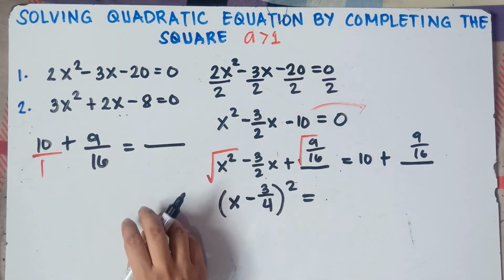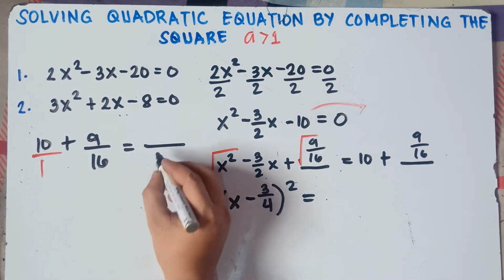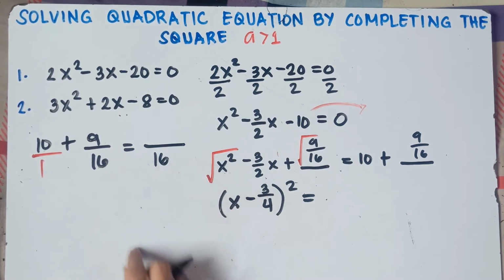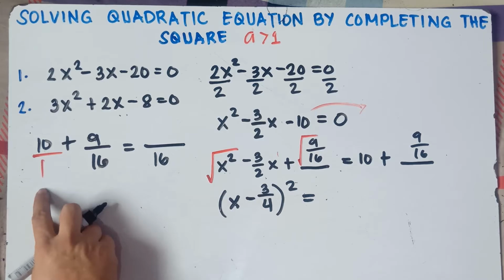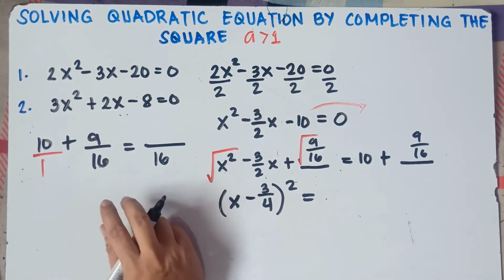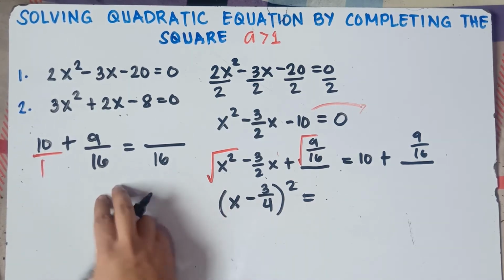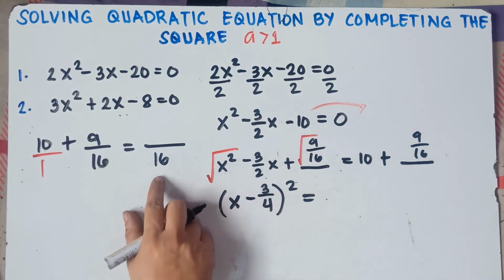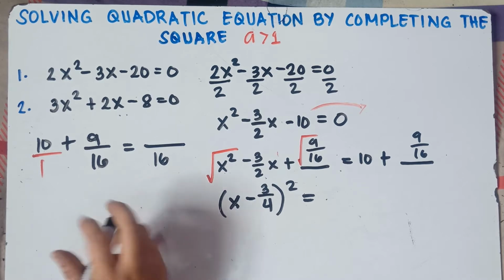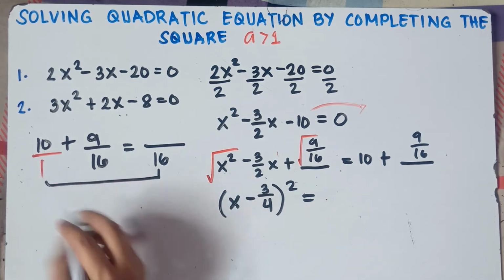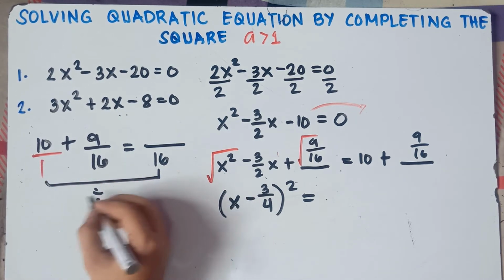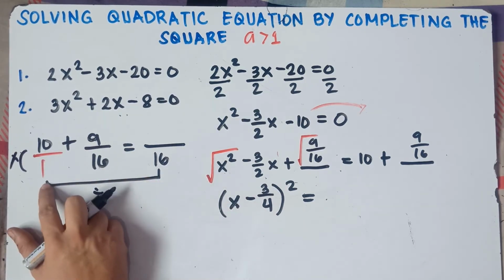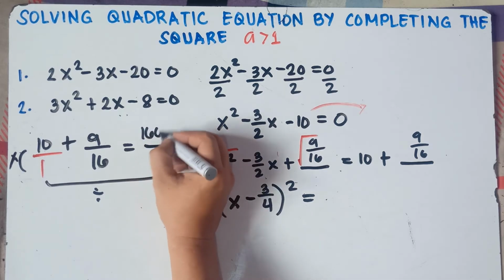So the least number, class, that we can divide by 16 and 1, that would be 16, right? We can divide 16 by 1. We can also divide 16 by 16. So the LCD of 1 and 16 would be 16. Do not add the fractions directly because they don't have the same denominators. We find the LCD, and that is 16. So divide, if you still remember, class, 16 divided by 1, and then you multiply. 16 divided by 1, that is 16 times 10, that would be 160.